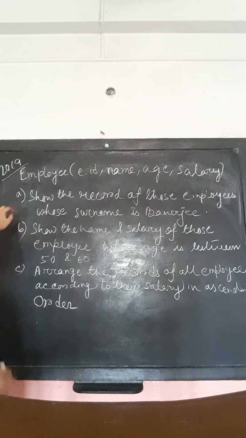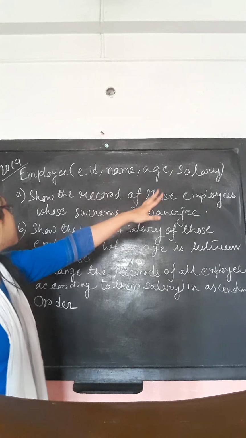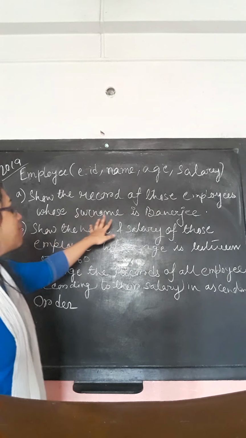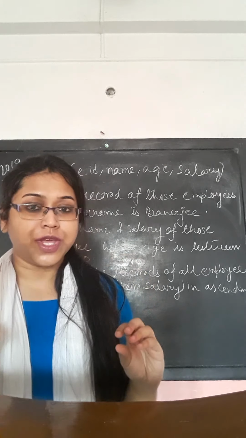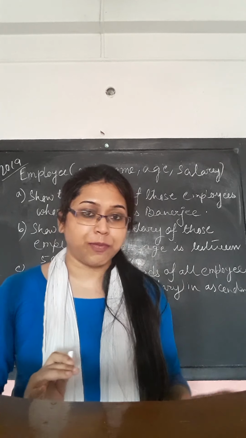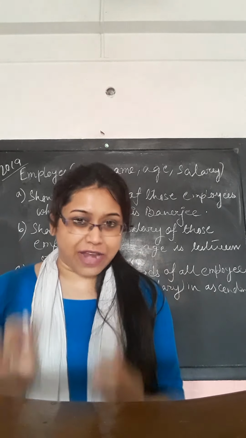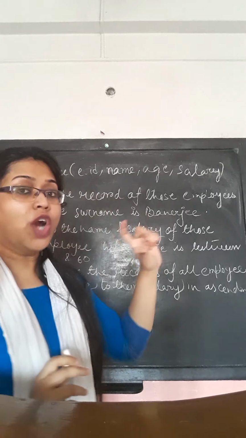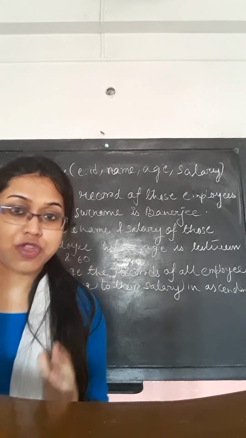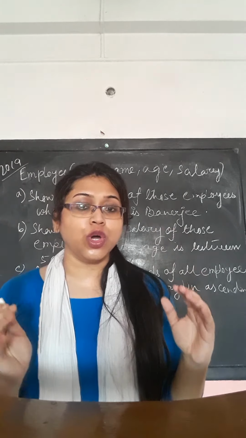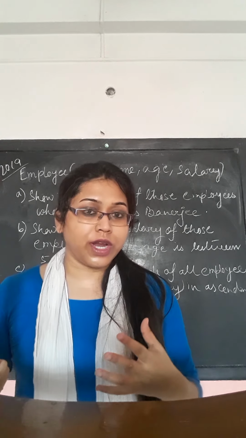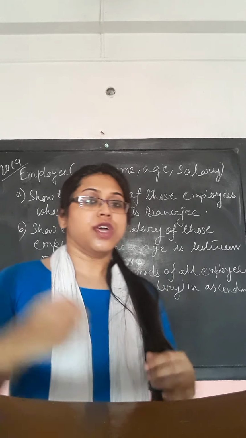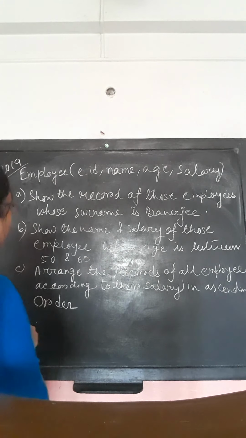Okay. So the first question: show the record of all those employees whose surname is Banerjee. So you have to retrieve the information of those employees whose surname is Banerjee. But here no particular attribute is mentioned. That means you have to retrieve all the information of those employees who have the surname Banerjee. Okay. So what will be the query? The query will be